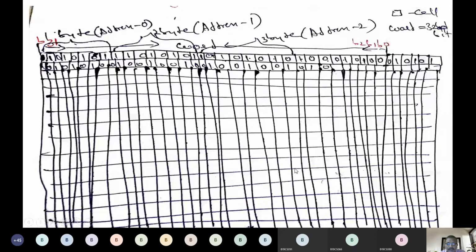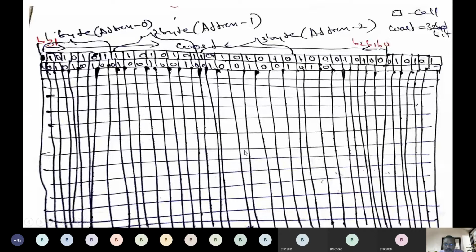It's 2 to the power of k, yeah, good. The addresses go up to 2 to the power of k minus 1. k is the number of bits in the address. Remember, k is the number of bits in the address.